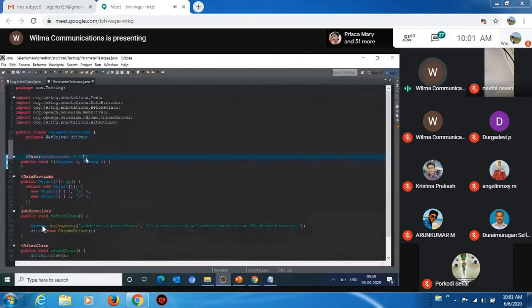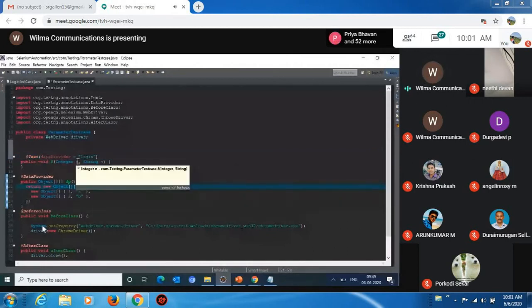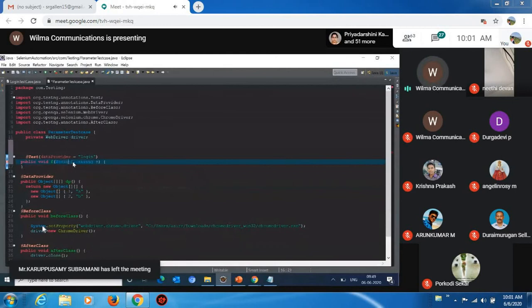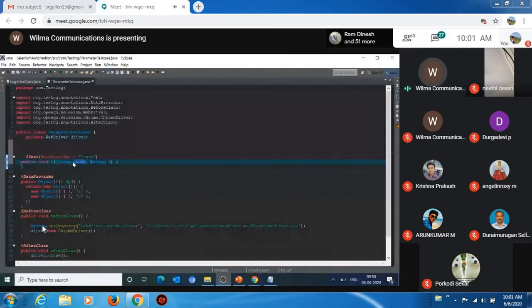I'm giving the name as login, and here I'm going to pass character strings. There is no integer value because username and password are both strings. I'm creating string variables, so I can give String uname and String pass.